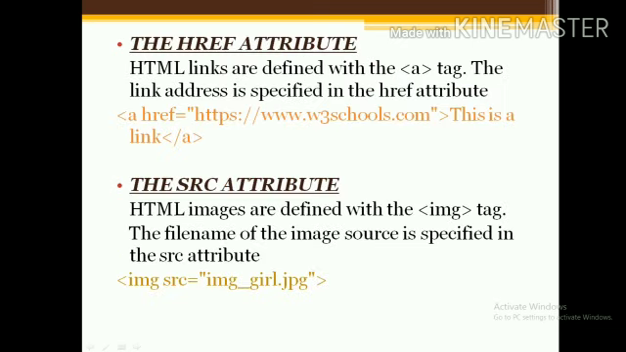Now the href attribute. We have studied the a tag. Now that is your links. HTML links are defined with the a tag. That was in your document, your a tag. The link address is specified in the href. This is your href link. a, that is your link. href is your attribute. https, hypertext transfer protocol, s is for secure server. Now www.school.com, this is a link. Now the src attribute, that is for your image tag. HTML images are defined with the image tag. The file